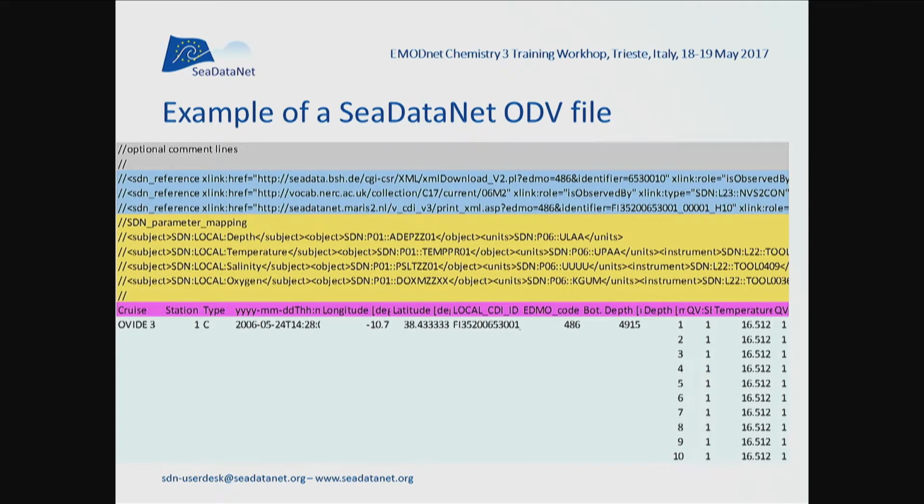First of all, to be sure that you understand the semantics we use, I will show you an example of a CDataNet ODV file, which I divided into several colors. On the top, you can have optional comment lines, which must start with a double slash in ODV.